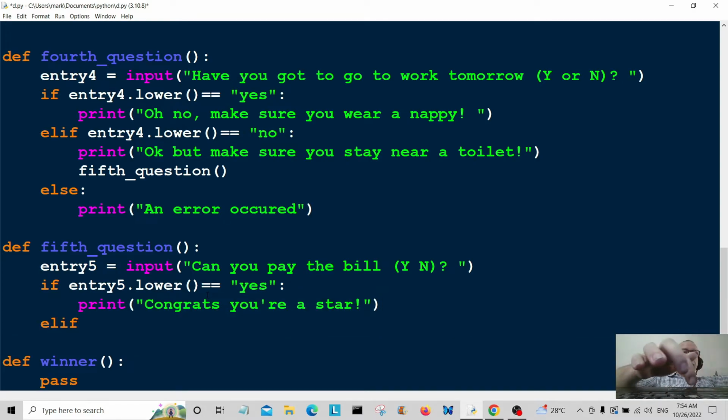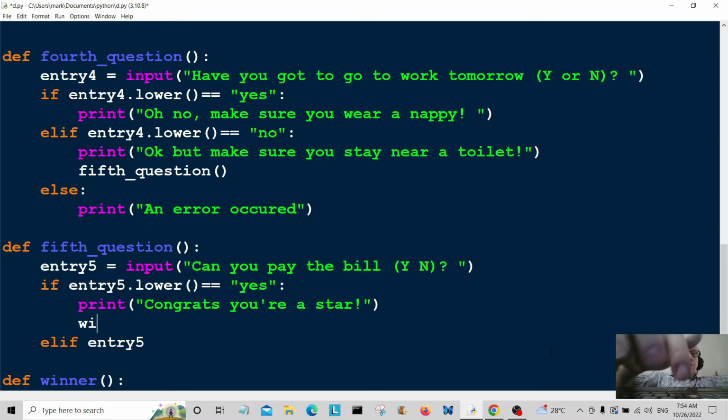If entry 5, also congrats, you're a star. Nearly forgot. Go on to the winner module here. So straight to the winner module if your entry is yes. Okay. If entry 5.lower is equal to no,